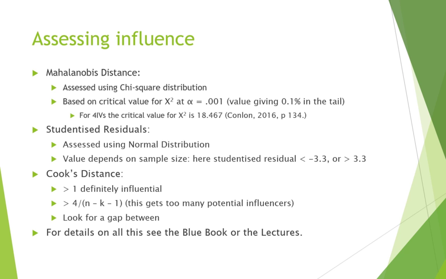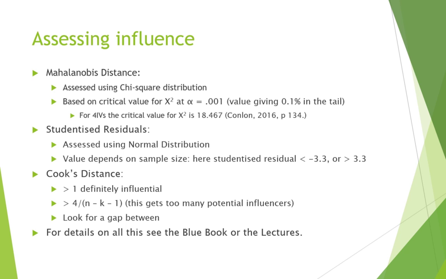Studentized residuals, because we've got a large sample, we're going to use plus or minus 3.3 to evaluate that. Smaller sample, you might back it off down to 2.58, something like that. Again, that's covered in the book. Cook's distance, you'll read in all the books, greater than 1 is influential. I don't know if I've ever seen a Cook's distance greater than 1. Then there's that formula 4 divided by n minus k minus 1, which is a bit too fussy. It'll find you too many people. So tend not to use that. Might work for a small sample, but for a large sample you'll just be chasing your tail trying to find,